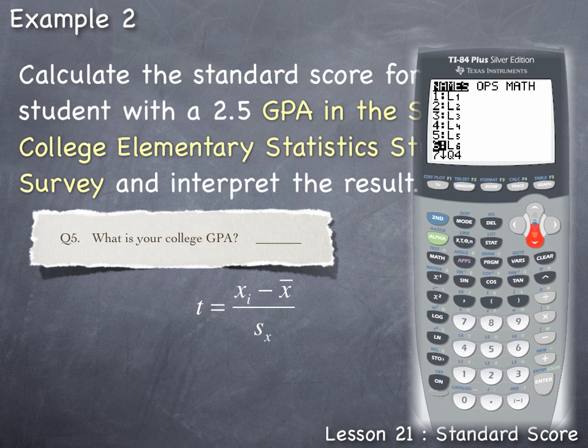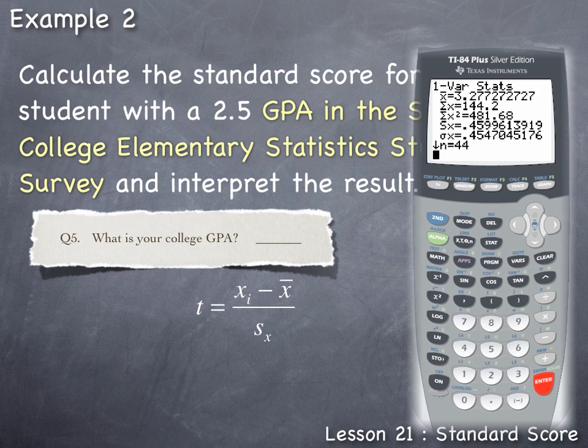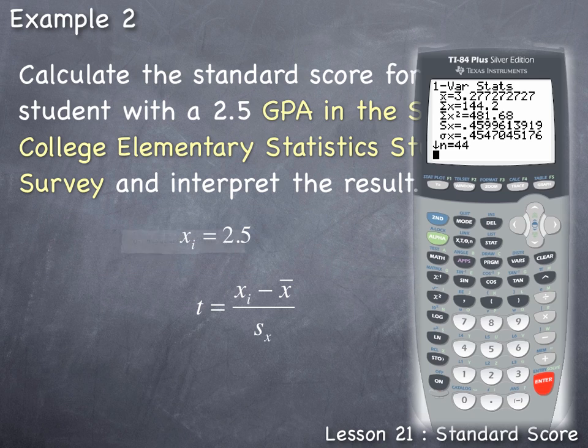and then arrow down till the cursor is next to the list we want to calculate the statistics for. In this case, Q5, question 5 on the Elementary Statistics Student Survey was the GPA. We select it by pressing Enter. And now, pressing Enter will calculate the statistics for this GPA data. So here we could see on the screen that the sample mean x bar is